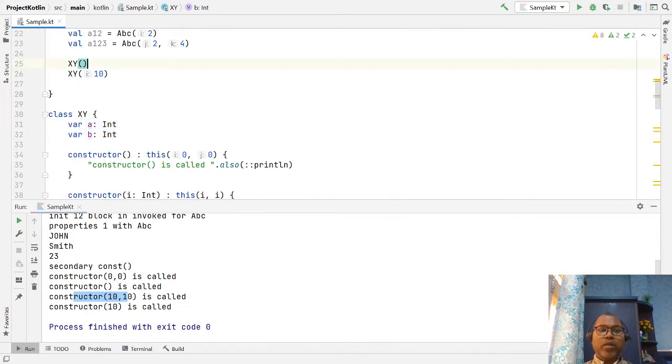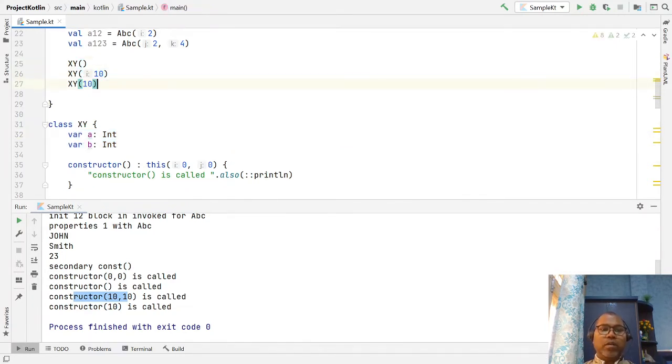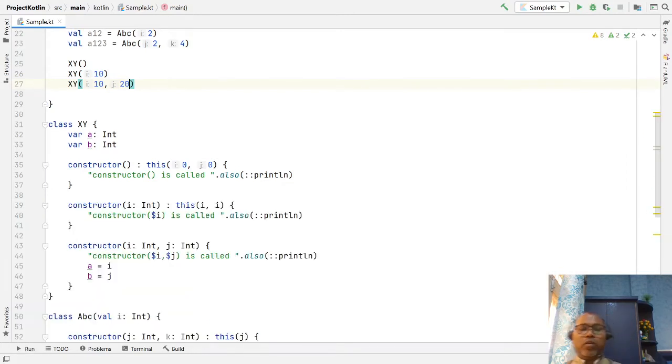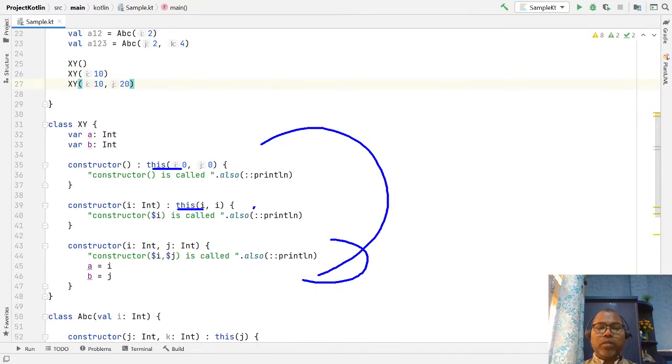So similarly you can invoke the three argument constructor. Here you are directly invoking initialize ab with 0, 0. So in this way we have constructor chaining happening using the this keyword. Whenever you want to invoke another constructor of the same class, you have to use the this keyword. This keyword invokes this constructor, this keyword invokes that constructor.